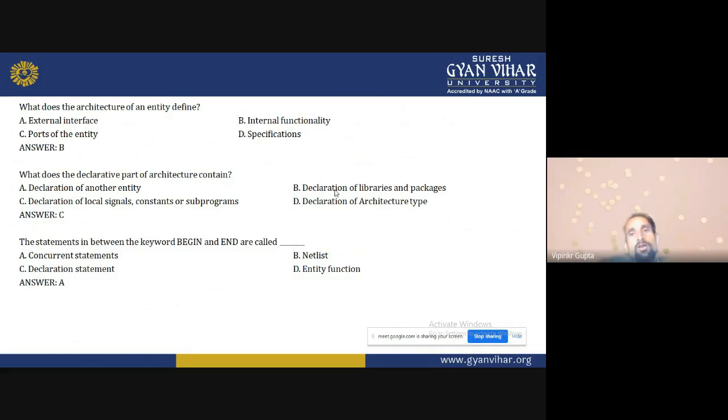Declaration of another entity, declaration of libraries and package, declaration of local signal, constant and subprogram, declaration of architecture type. So C is the correct answer. The statements between the keywords begin and end are called concurrent statements, because begin starts the architecture body and end closes that architecture. So in between, the concurrent statements are there.